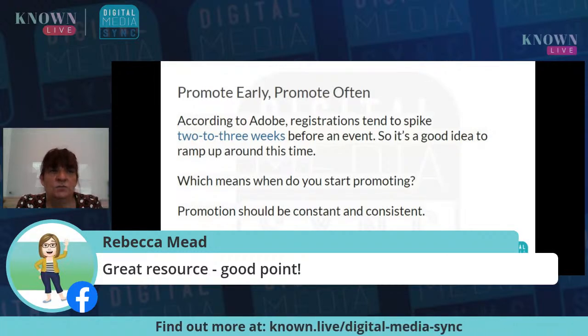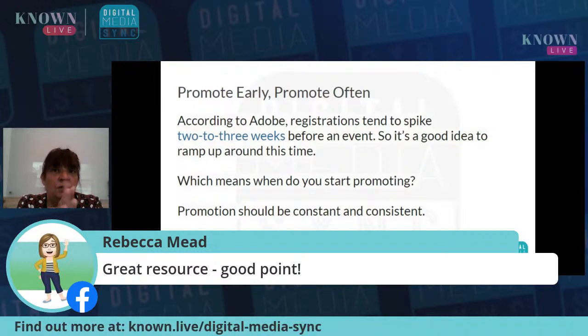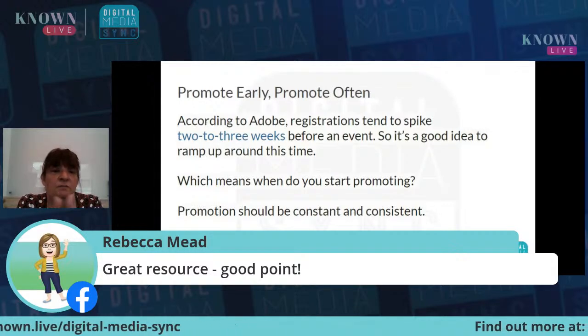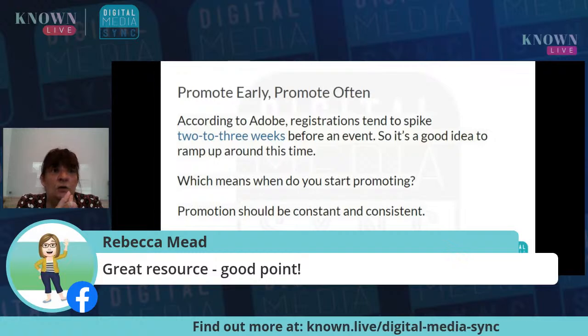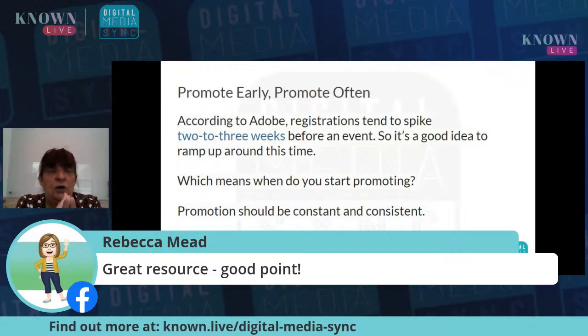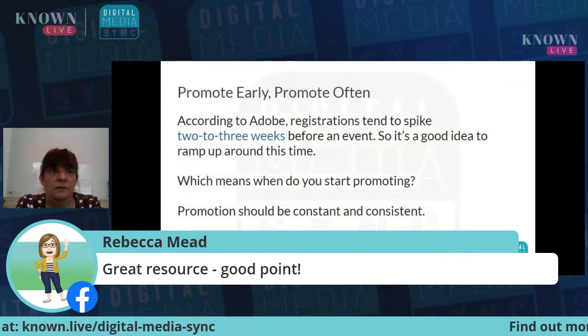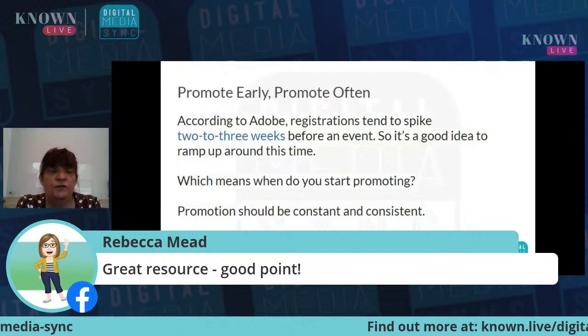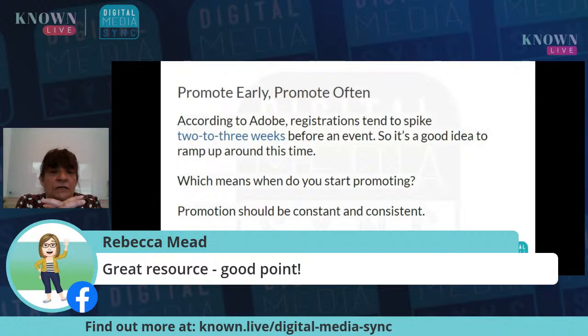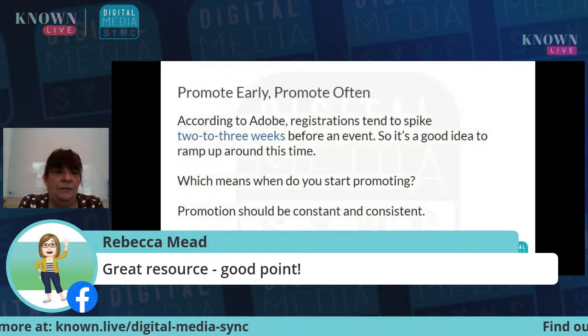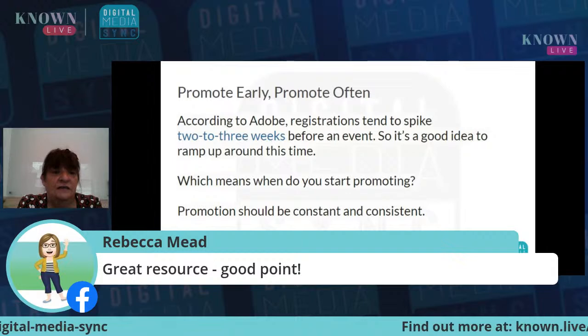I've been running smaller events and helping people run smaller events where we promote for about 2 to 3 weeks, and we don't want to go 1 week before an event. That's really very stressful for everybody involved. So it's a good idea to either ramp up or start at that time.